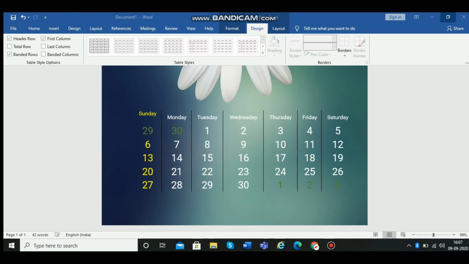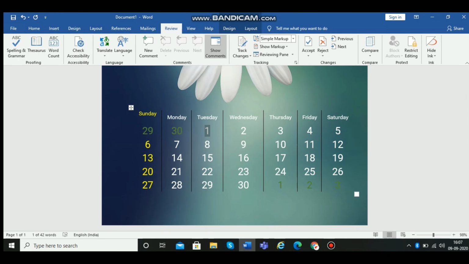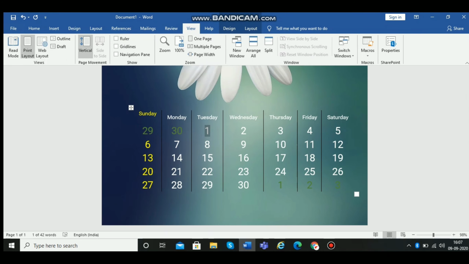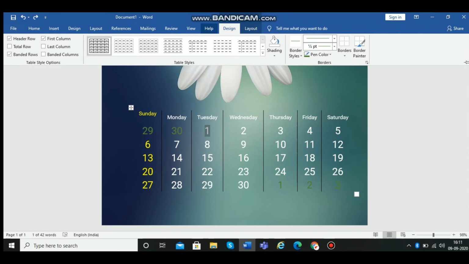What we have to do is, on this Tuesday, Wednesday, or whenever you have any appointment, you can just highlight the number. So guys, we'll mark the Tuesday, Wednesday, Thursday, or any date which you want as the appointment schedule. So I'll tell you how to do that. For that we'll click on any day, Tuesday, for example I'm taking. So we highlighted number 1, the day 1, and then we'll click on insert and then on link.